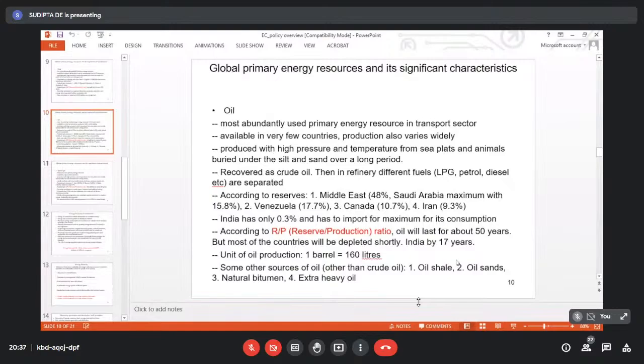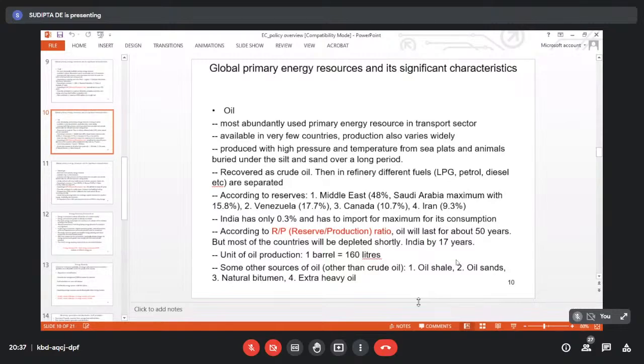Then we have the so-called oil unit, that means the quantity unit. Generally, oil is expressed with respect to the barrel. One barrel means 160 liters. If it is a large quantity, then obviously you have to define the corresponding units. As oil is imported or exported, it is not expressed in liters but in barrels, how many barrels, and each barrel is 160 liters.